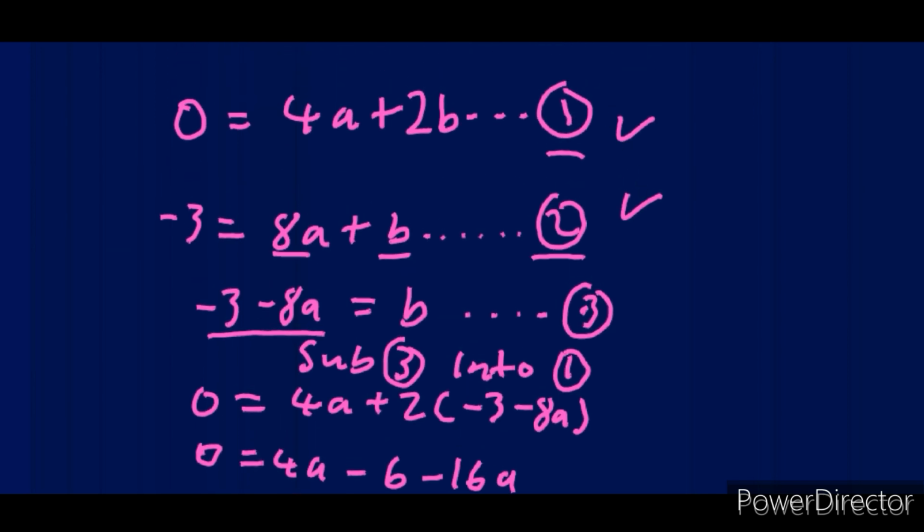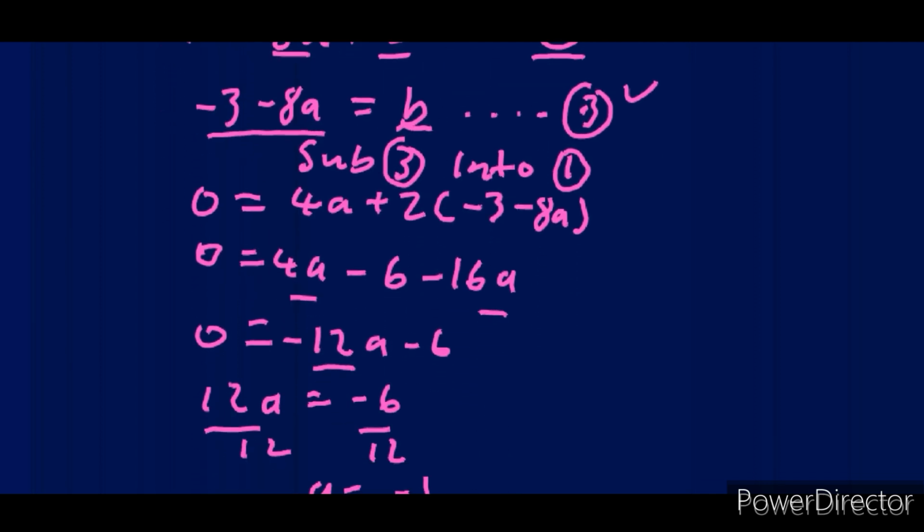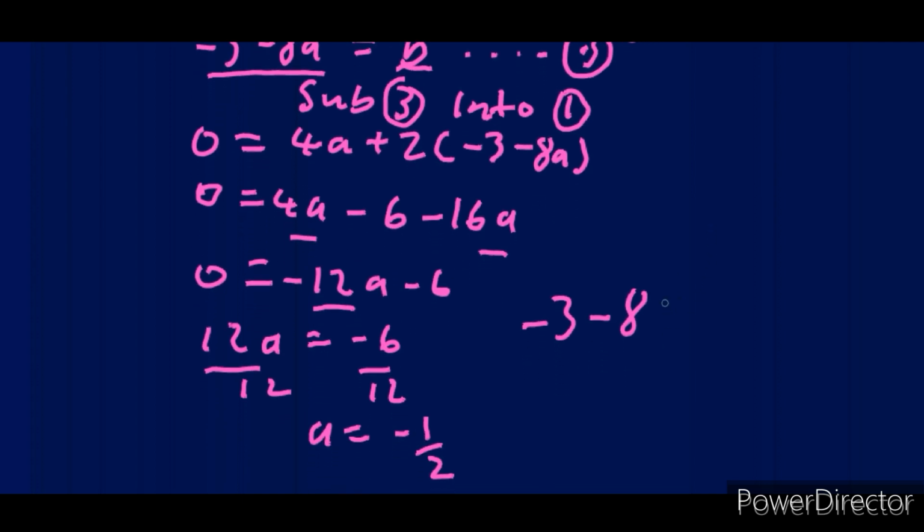So I can substitute it into this equation or this equation or this equation. But obviously, the easiest one to substitute is the third one, since b is already the subject of the formula. So I'm going to substitute it into my third equation. So I'm going to say minus 3 minus 8, but instead of me writing a, I'm going to write what a was equals to, which was minus half,